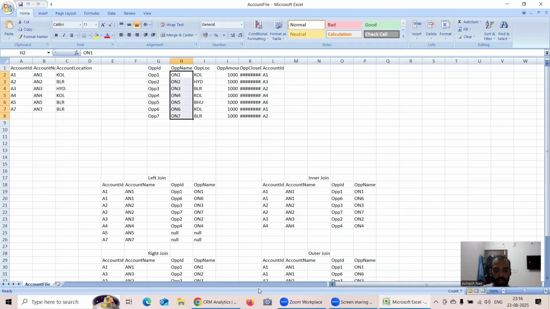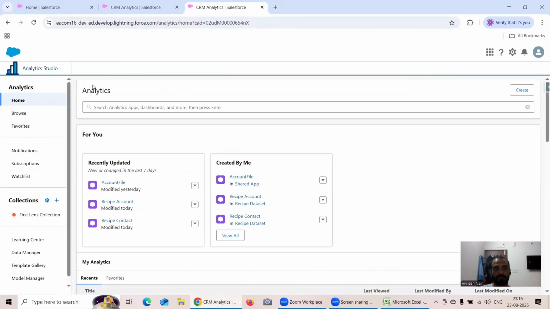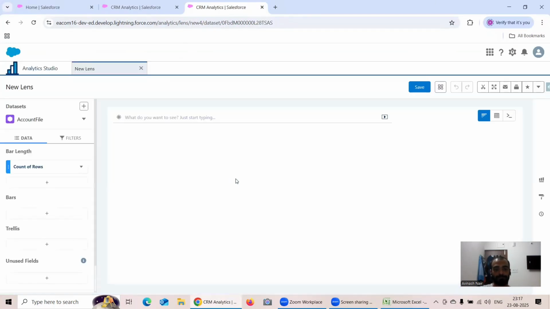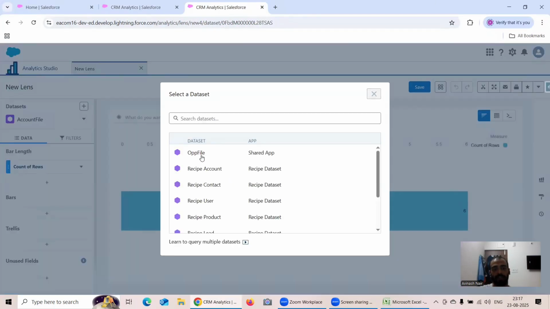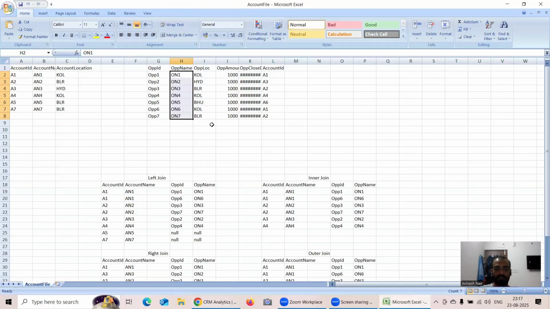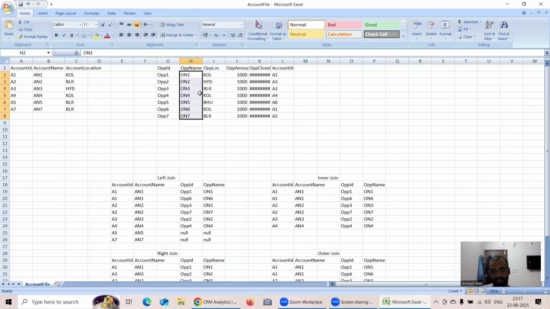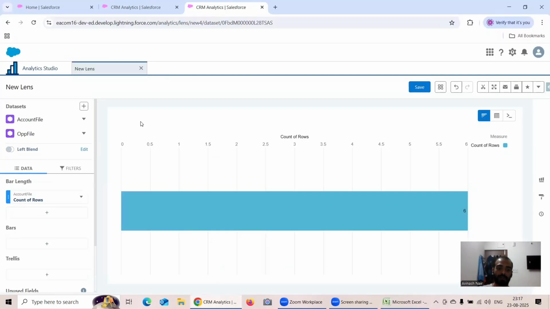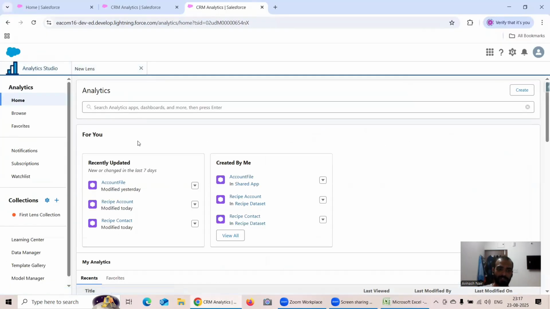That's the thing. Now, what I will do is open this account file, and on top of it, I will open the off file, okay? Now, just the join concept which we had. Remember when I was explaining the join concept, I explained how when I took these two files and did the left join, how the mapping was happening, and how many records we were actually getting. Okay, so maybe if I open the left join file,